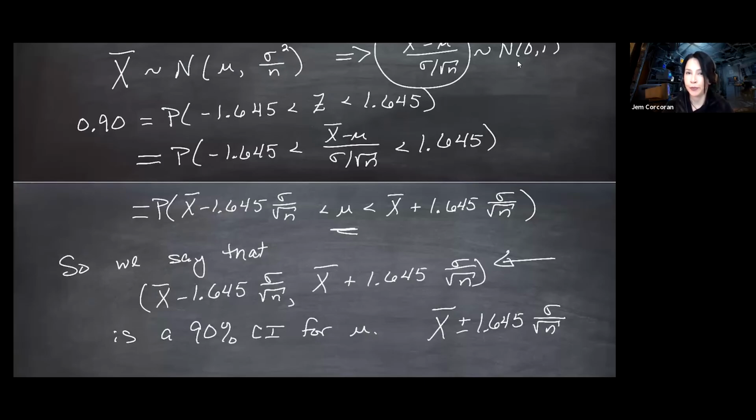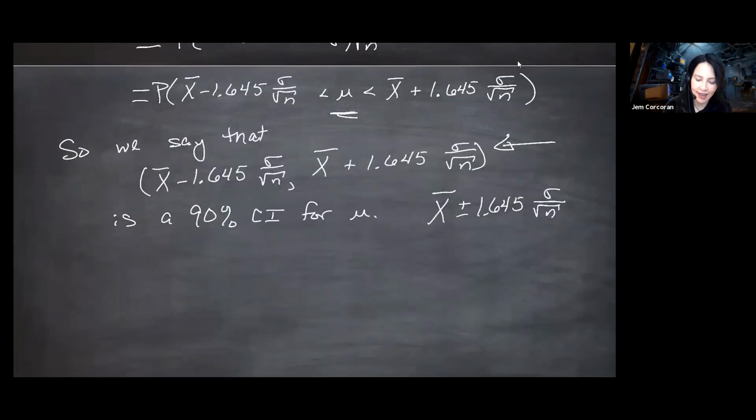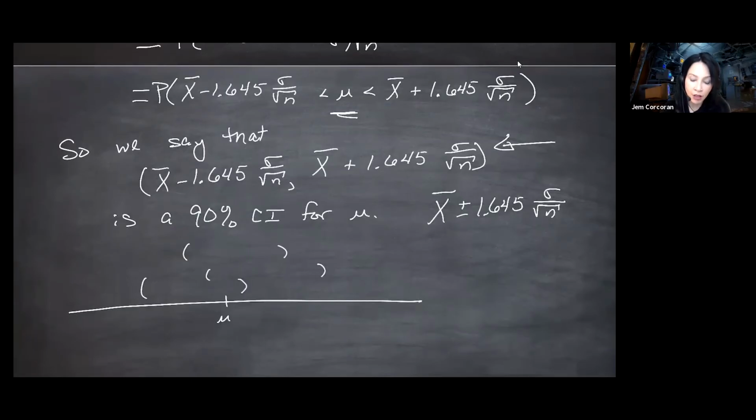From a sampling perspective, if you actually have data and you actually have an X bar, you're going to get a numerical value here. If I know X bar from data, and I know the size of my data, and I did say that sigma was known, this whole thing is a number, and it will either contain the true mean mu or it won't. But if you resampled and got another sample of size n, and did it again, and again, so here's a number line with the true mu sitting there, you'll get intervals that sometimes all of these contain mu, but only 90% of them in the long run will contain mu.